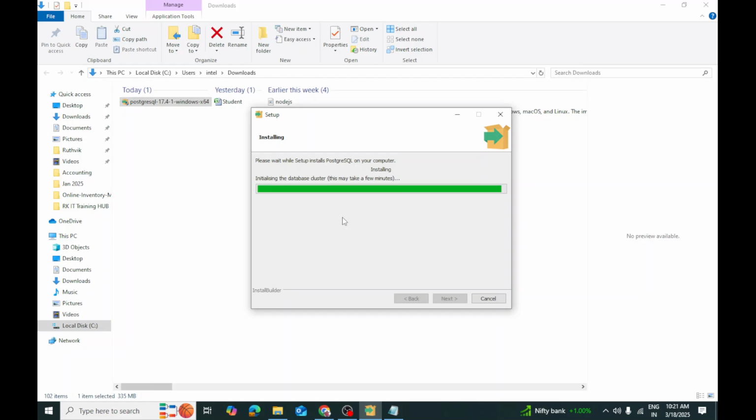So this takes a couple of minutes, and then just wait. So it is configuring your database server startup,